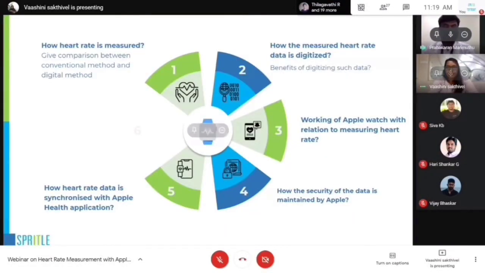Yeah, that's what I told earlier. The Health app is the most advanced app on the Apple iPhone, in my opinion, because it combines not only software but also hardware, your IoT devices. The Health app can track your fitness and activity, whether you are running, walking, or doing some exercise.